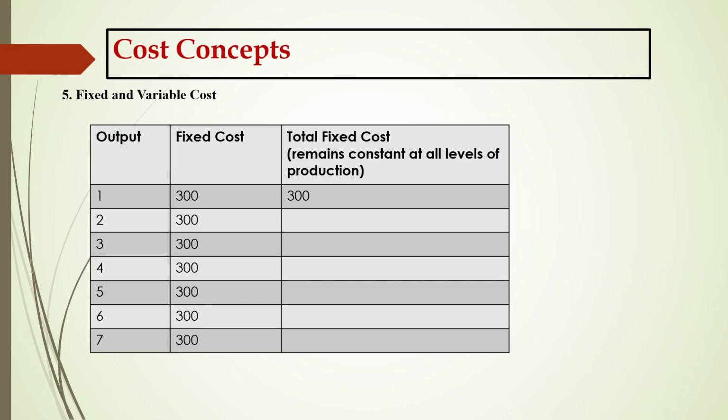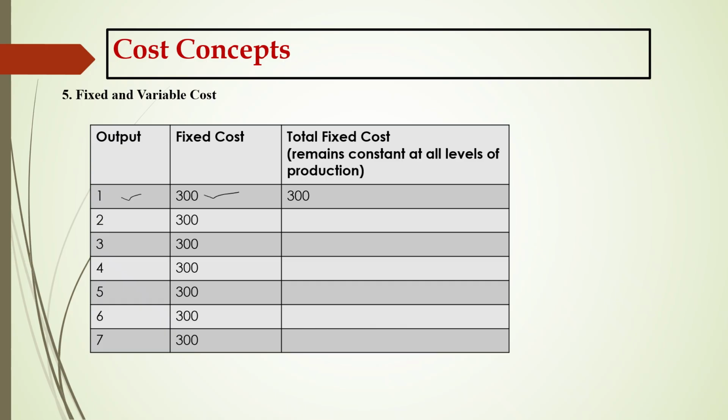We will take the next one. So I will explain this with an example. Now we will see total fixed cost, it remains the same. Now we see in this graph, in this table, you can see if one product is made, the cost is